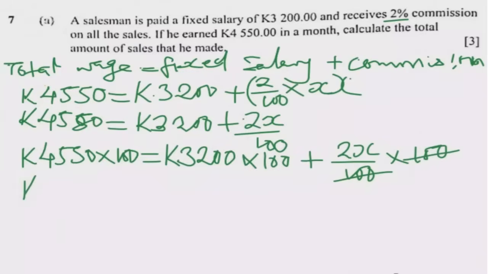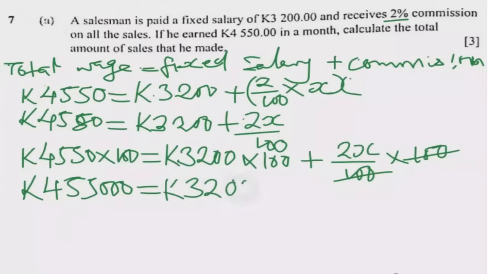Then 4,550 times 100 is going to give us 455,000 kwacha, which is equal to, again we multiply, 3,200 times 100, that will be 320,000 kwacha, then plus